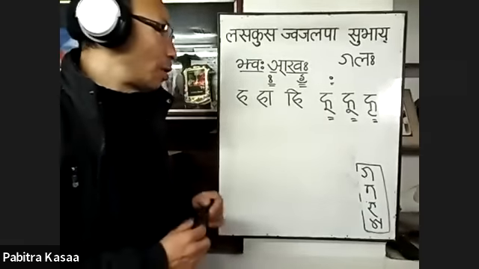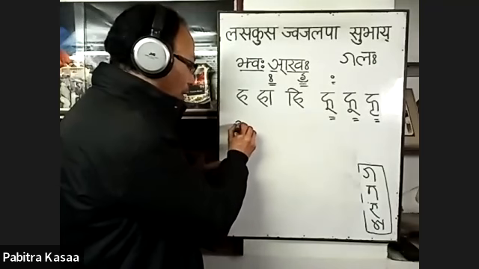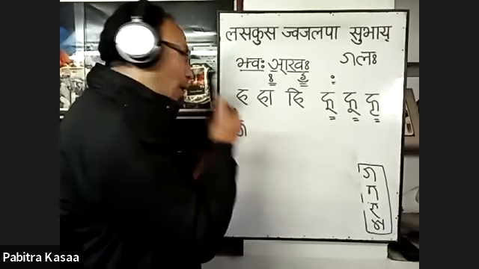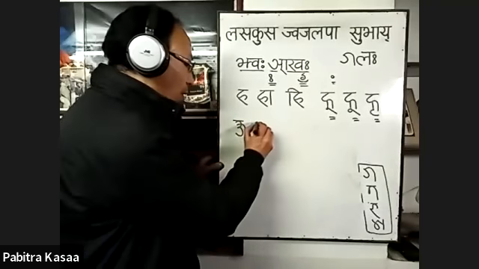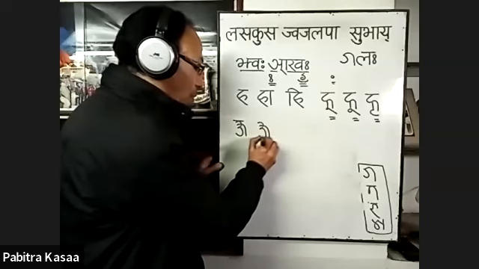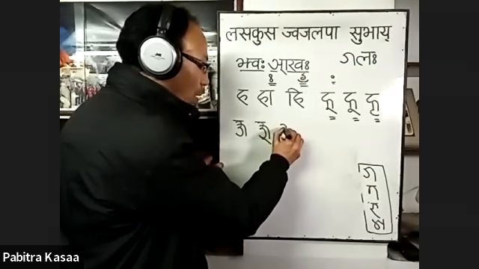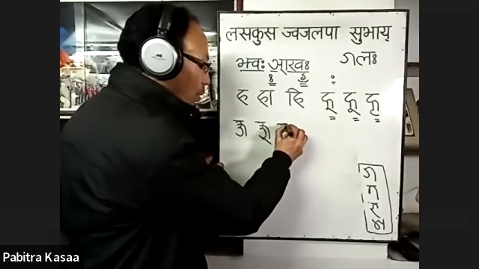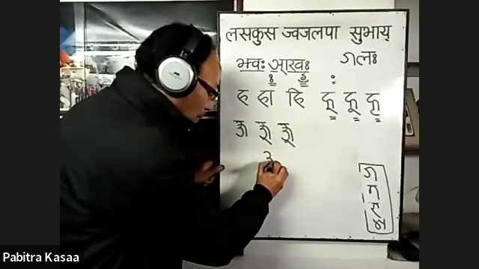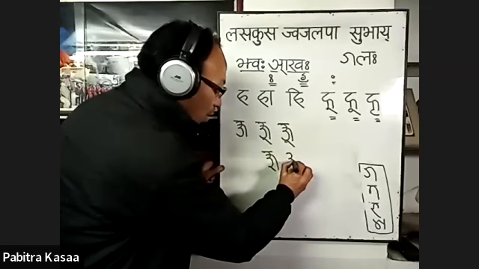And cha. The other is cha. So cha is the same as the other letters, but when we give ukar, it is written in two different ways. The first can be written like this, chu, chu, and somewhere it is written like this also. Like ja, when we wrote in ja,